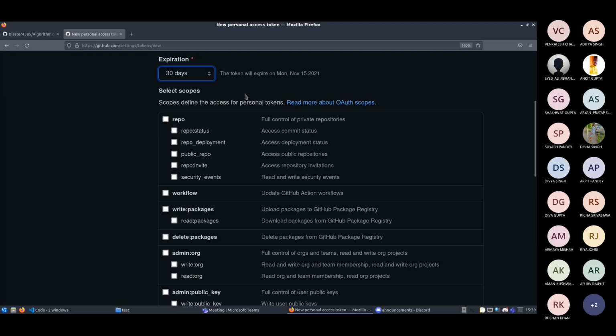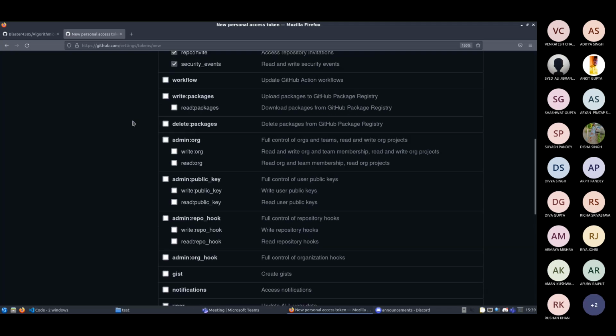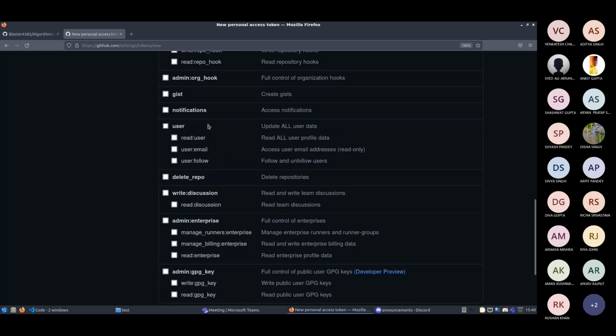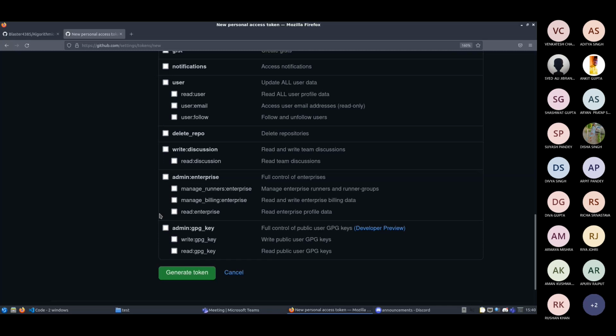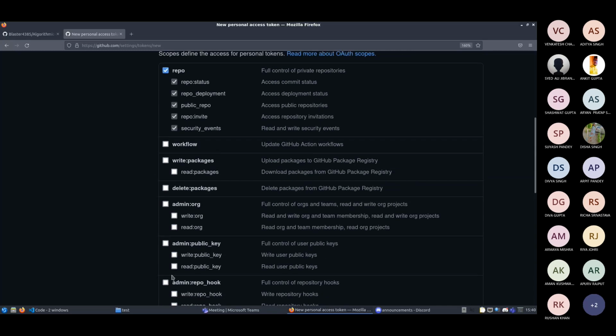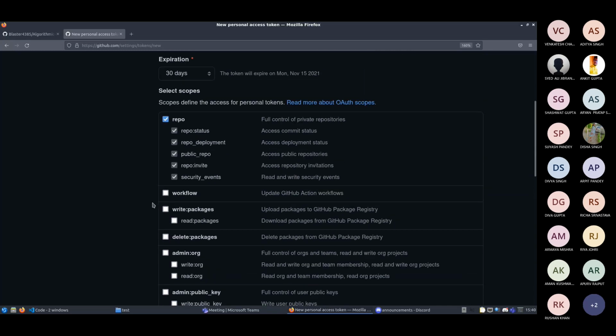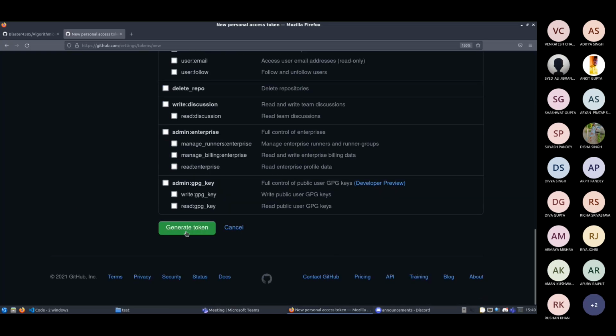So basically for just committing to your repos, you just have to select this, and admin access you do not need. I guess that's it. So you just select this and click on generate token and it will create the token for you.